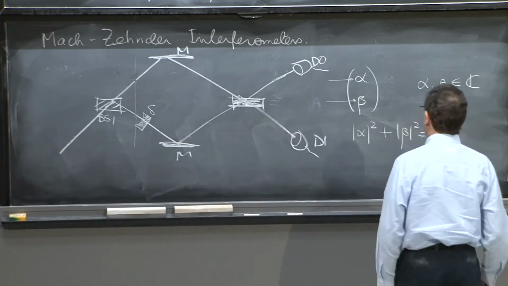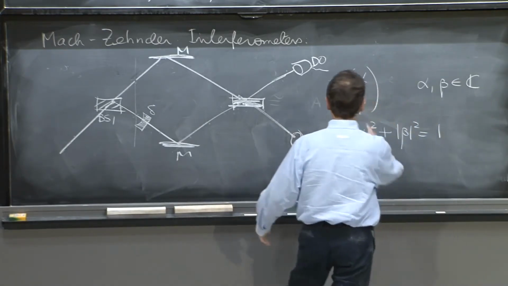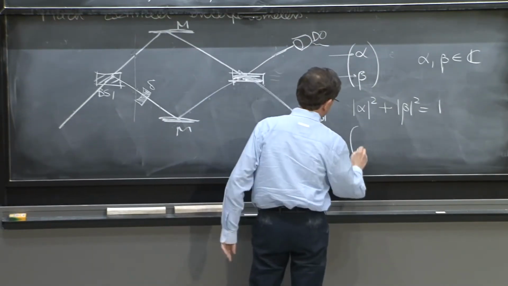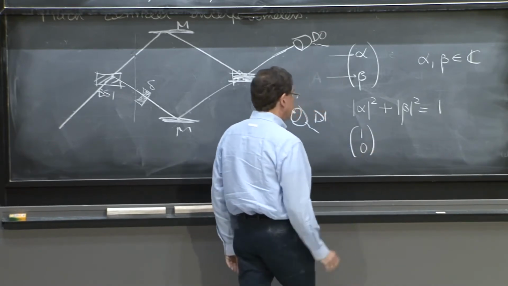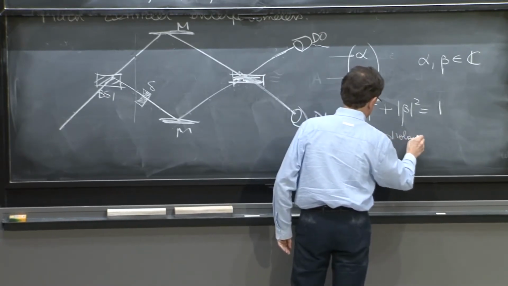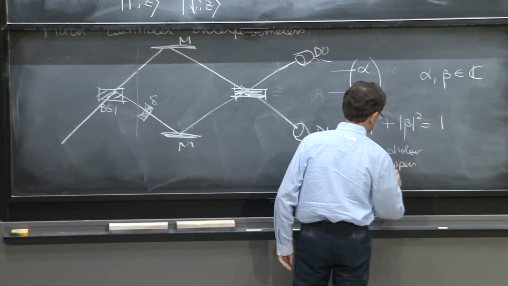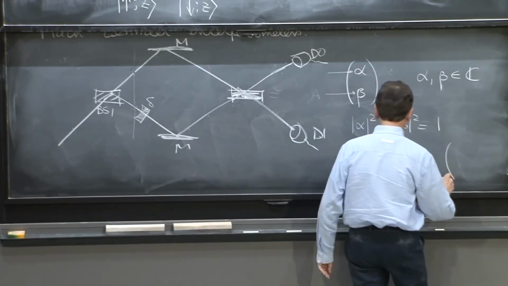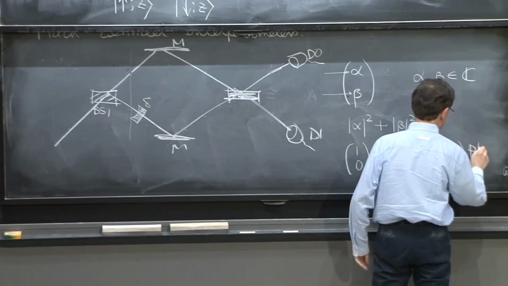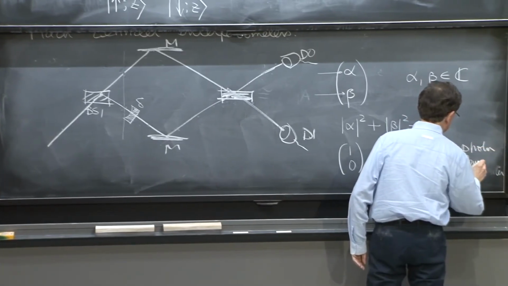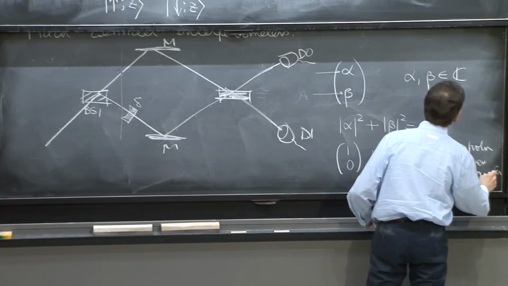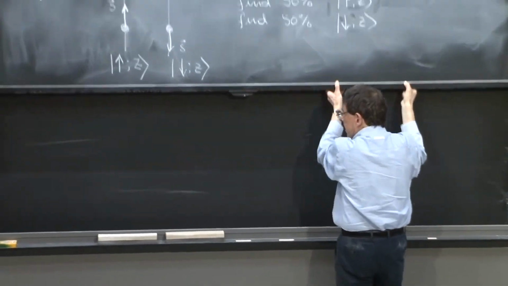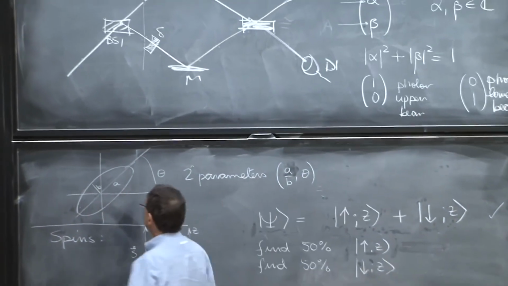OK, so on the other hand, I may have a state that is like this, alpha beta. Oh, I'll mention other states. State 1, 0 is a photon in the upper beam. No probability to be in the lower beam. And a state 0, 1 is a photon in the lower beam. So these are states, and indeed,